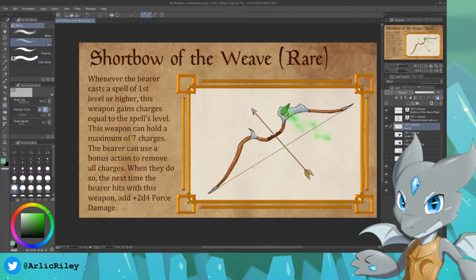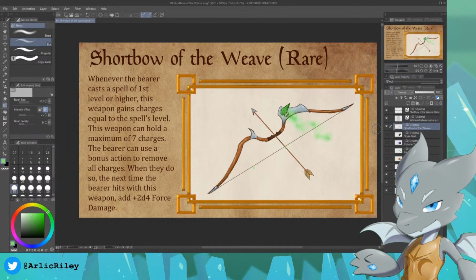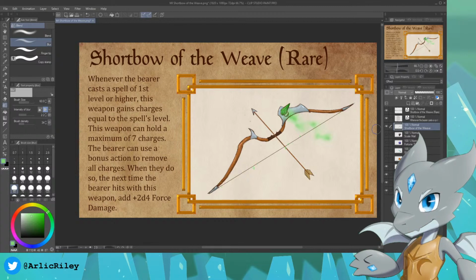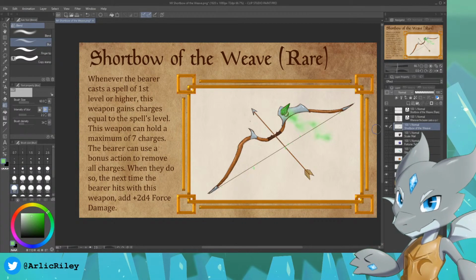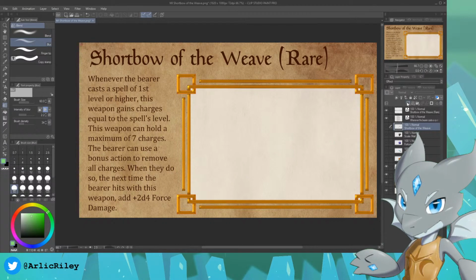Short bow of the weave. Yeah, it's a decent effect. Normally the original effect was, oh, it just becomes a +1 weapon for a turn. That's nothing. This is, I think, a little bit more significant. So